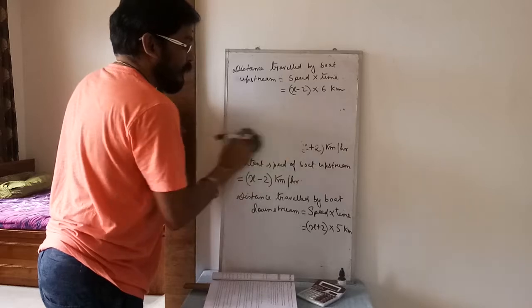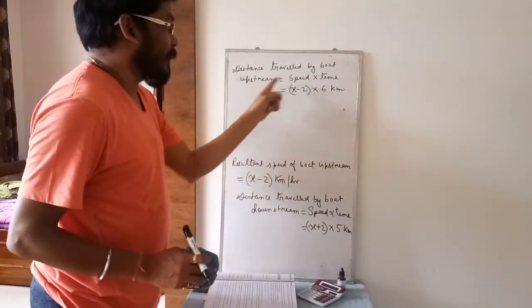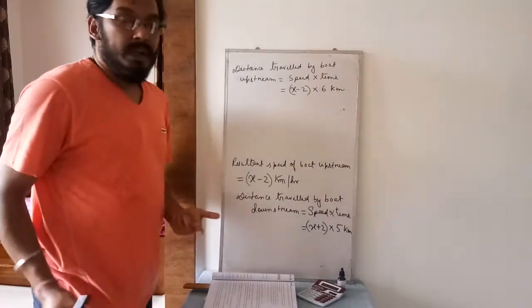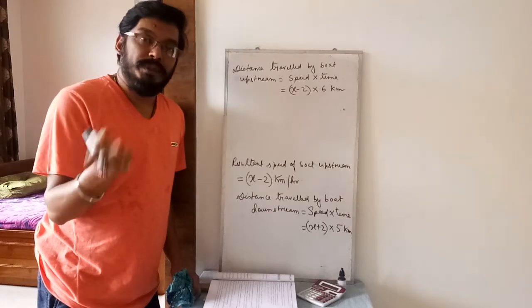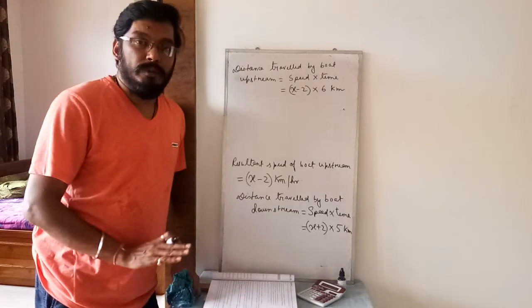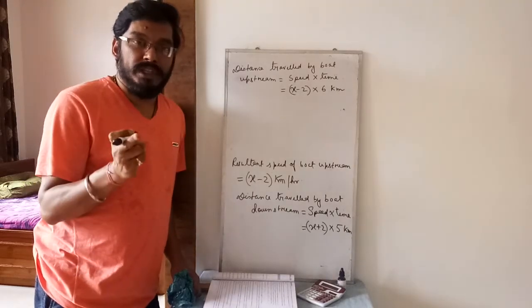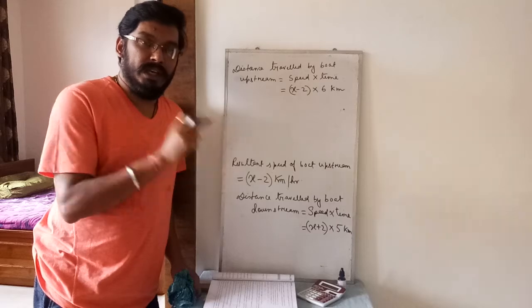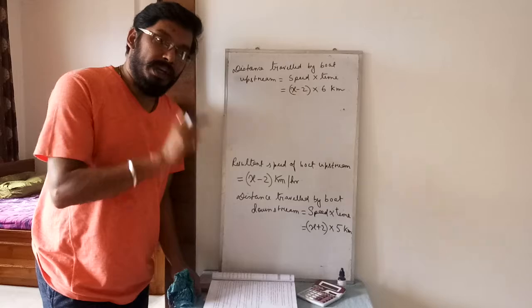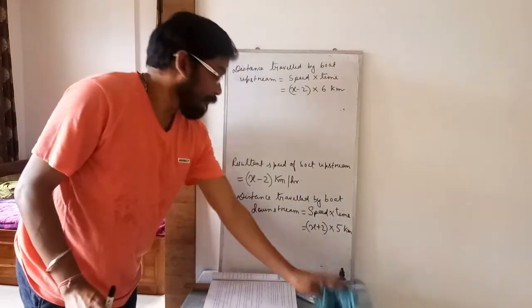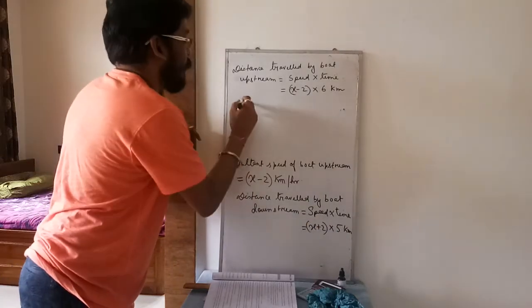So I have found the distances. The distance traveled by the boat downstream is this, and the distance traveled by the boat upstream is this. I have said the distance is constant here. A to B, whatever the distance, from B to A also the distance is the same. There will be no change in the distance, because the boat was running between two coastal areas. Suppose A is one coastal area and B is the other. So this is the distance from A to B.